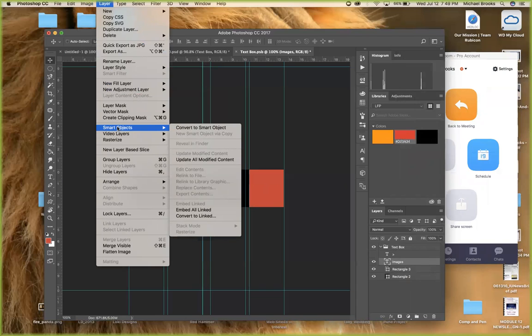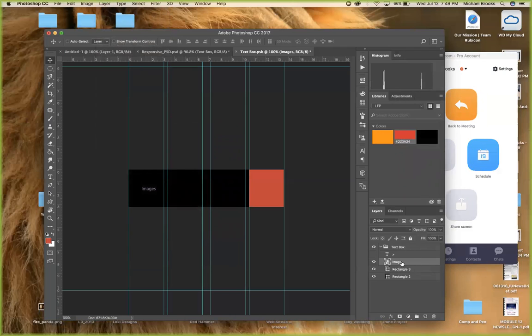Now we could convert this to a smart object. So now it's an actual object. So what we're going to do here is call it images.jpg. All right, now I'm going to put 10. Now what that does is it saves it, when this saves it, as the best quality, okay? But that's not going to be this whole thing. So that's just images,